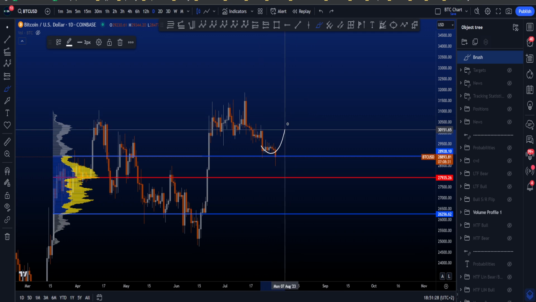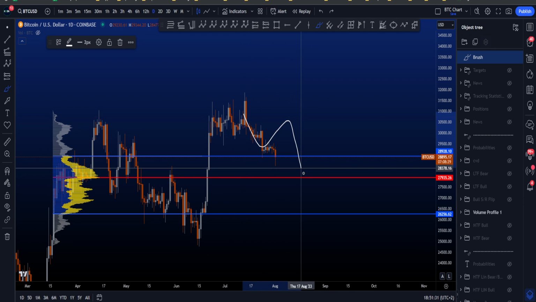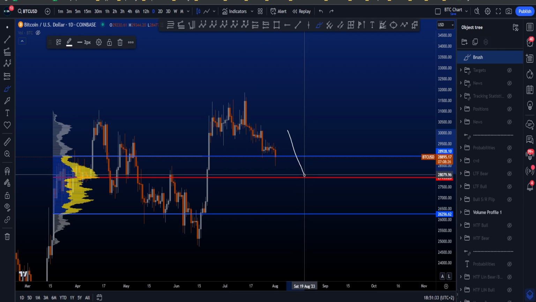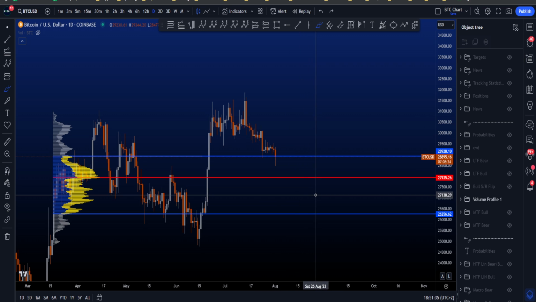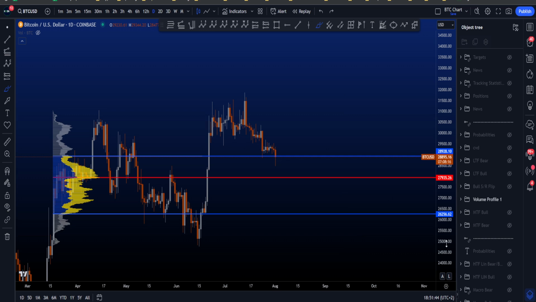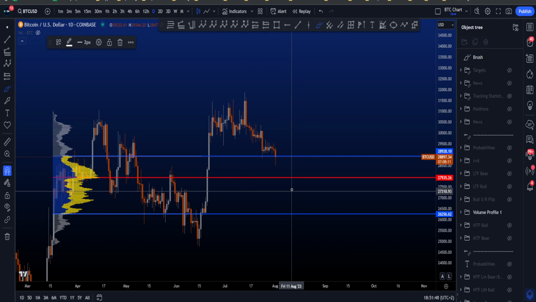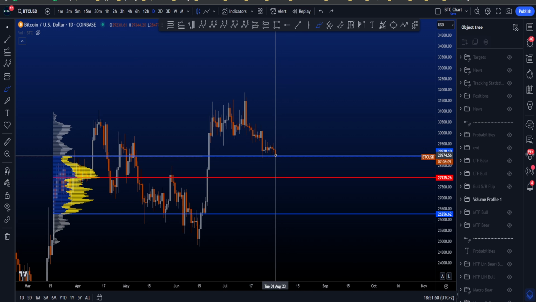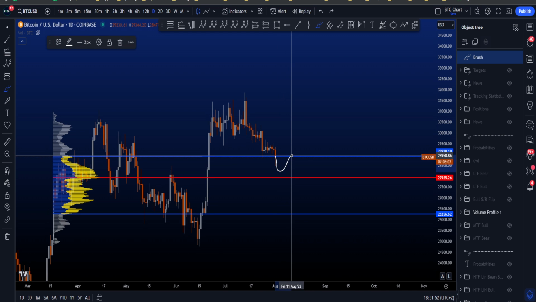It could be nice to hold it first time, right, in potentially a WXY scenario, but then move to the downside, reach around this point of control or lower to the support areas that we have over here. Point of control at 27.9k and the value area low of this range at 26.2k are important targets if price can find respect inside this area. And for me, respect basically means going inside the area, then again backtesting the value area high for then a